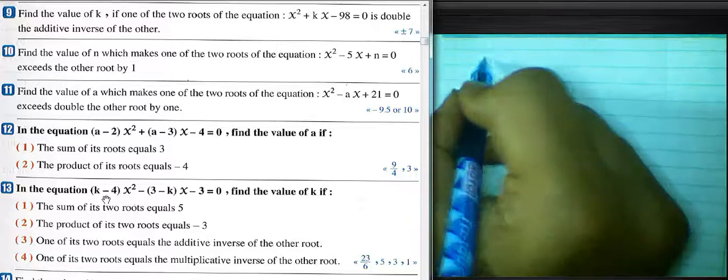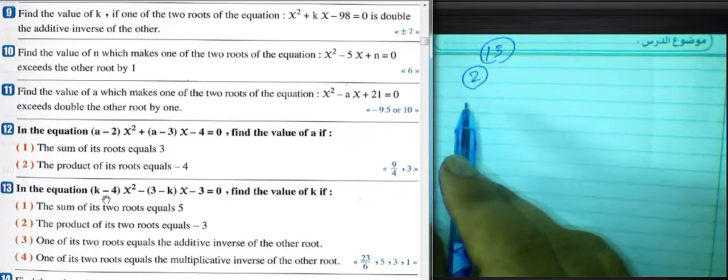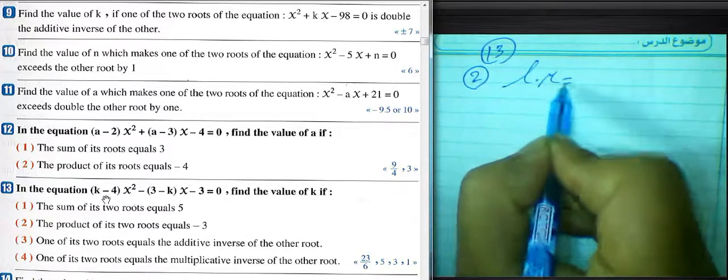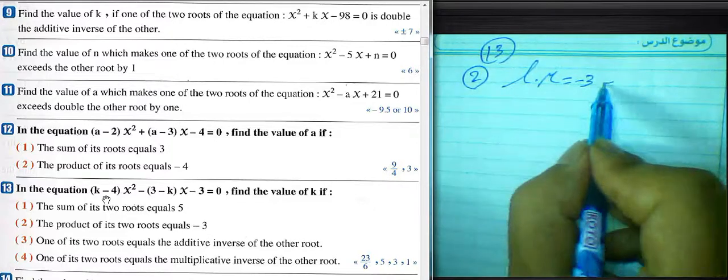Question number 2, we talk about question 13, number 2. If the product of two roots equals -3, the product L multiplied by m equals -3, we can find the